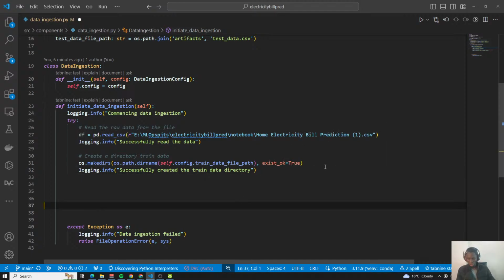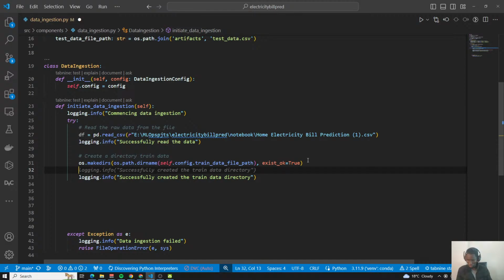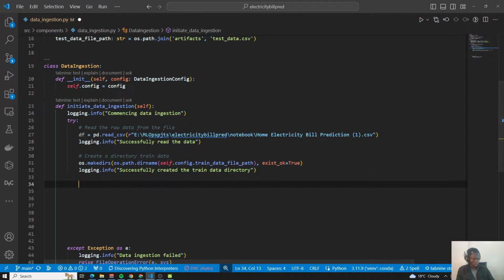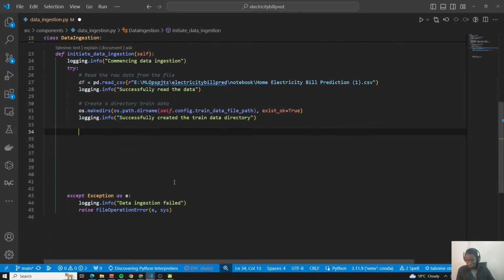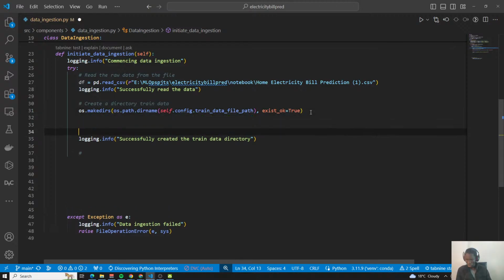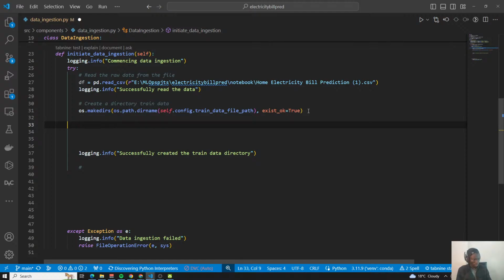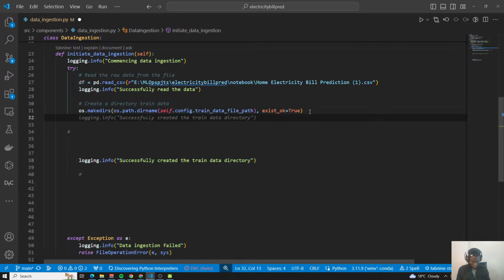If you need the other ones, for example the test data, you can just do the same. So logging this, then after we have logged our data, the next step will be, after we create the directory for this,